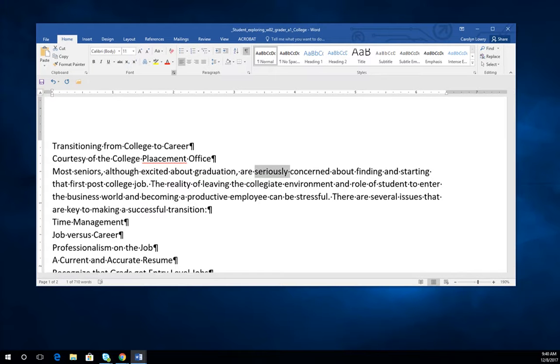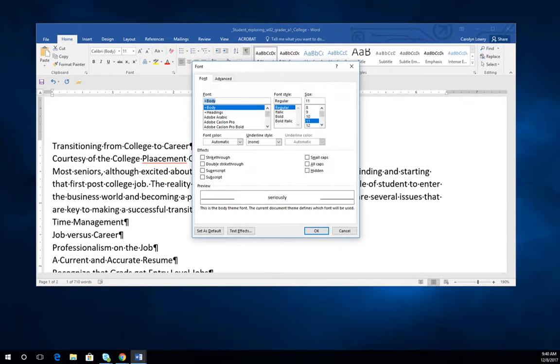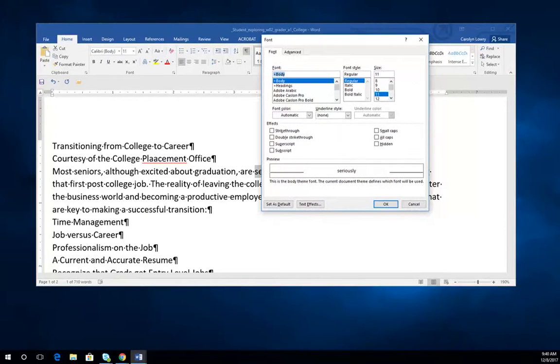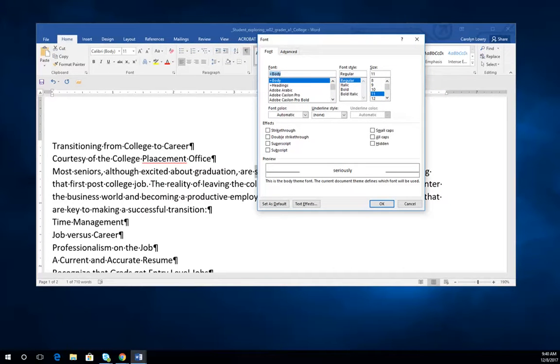The other thing that you need to know about is, as I said in the last video, you've got this little box in the lower right-hand corner, and when you pull it out, it gives you a lot of other options. Now, one of the things I want to point out is that in change case, you can go to all uppercase, you can go to title case. But if you want all caps or small caps, you have to go here, or even hidden text, and that could be really cool. You could write a letter to your friend and you could make some hidden text, and then you could tell them that only they could see that